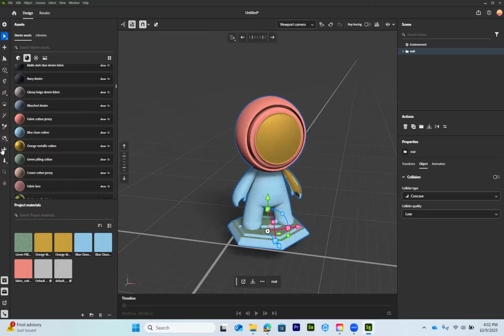And I think we are good with this part. Now come to top. Okay, so at top we have